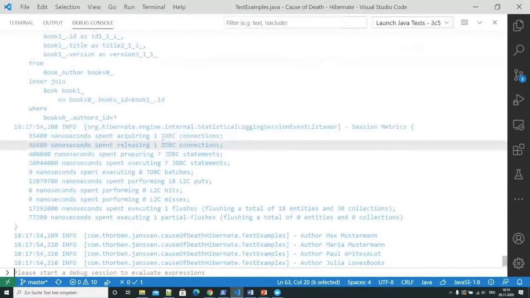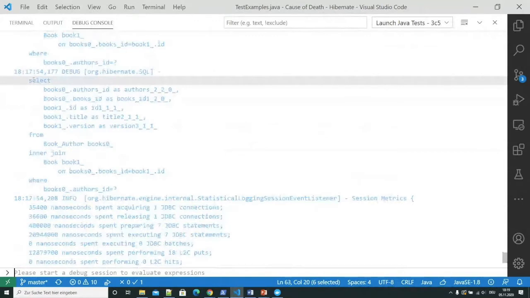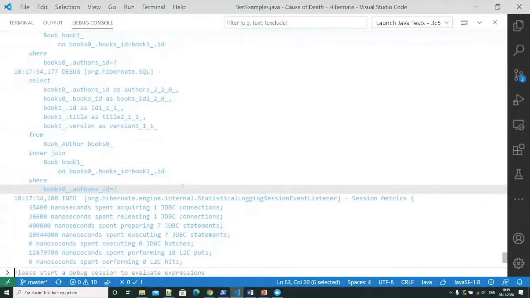So we would have this query for each of the authors, and we could be pretty sure that when we deploy that to production, this test case runs, well, on most systems about 5 minutes, and then it fails. Why 5 minutes? Right, because it's the default transaction timer on most systems. And the sheer number of queries that we will trigger here will just break the whole use case, and we will have a horrible performance.